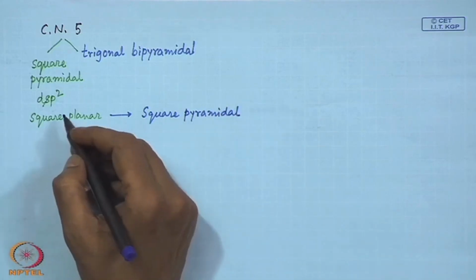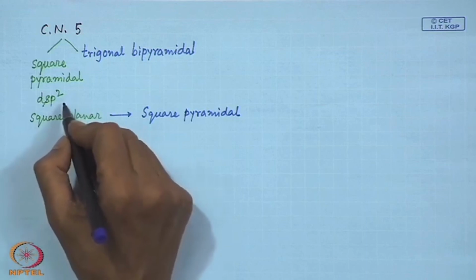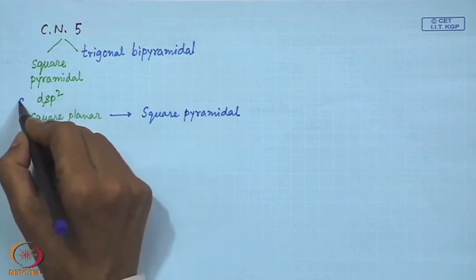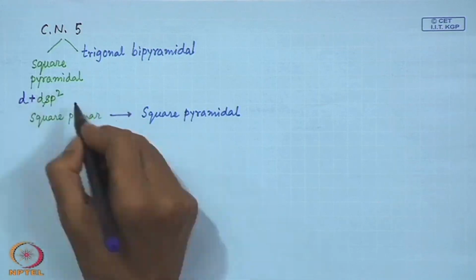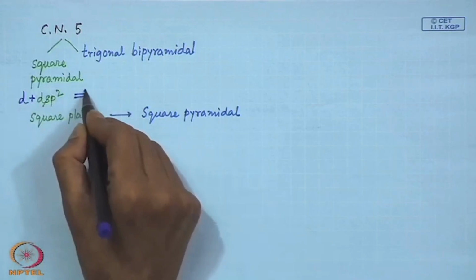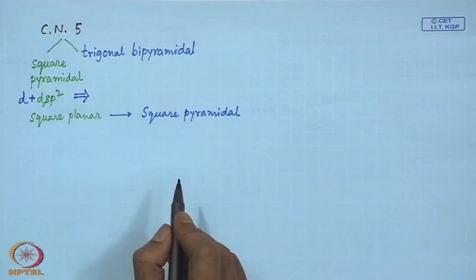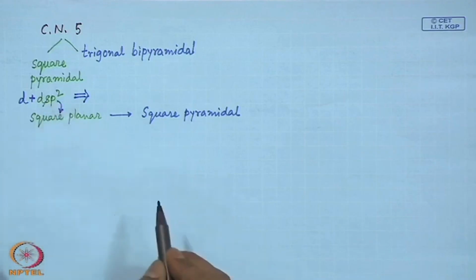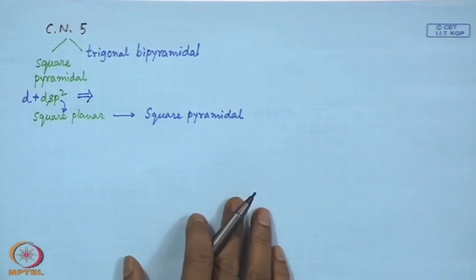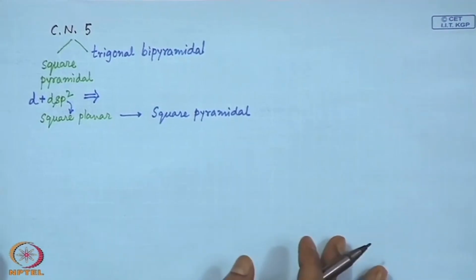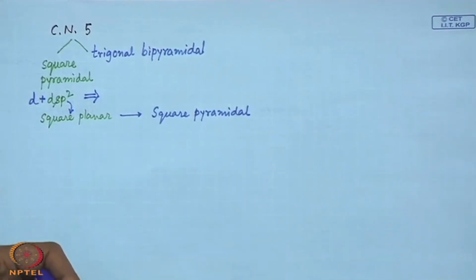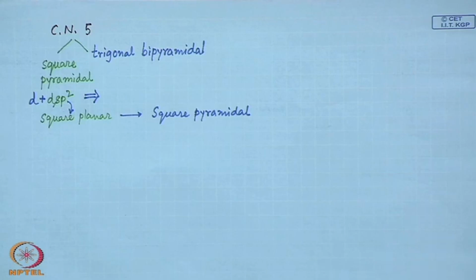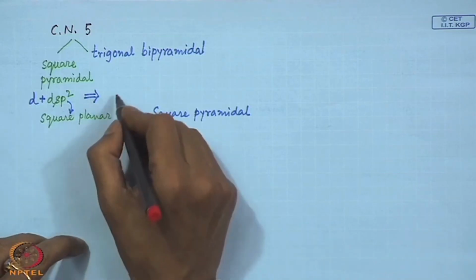So we put now one extra orbital. So what orbital will we put now? One d orbital. This is dsp2 for square planar, and when we add one more d orbital for square pyramidal,